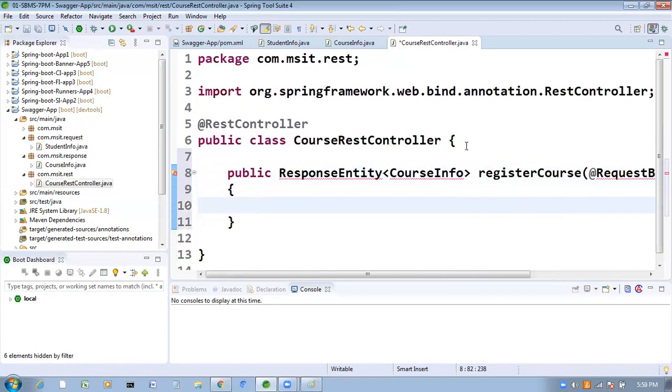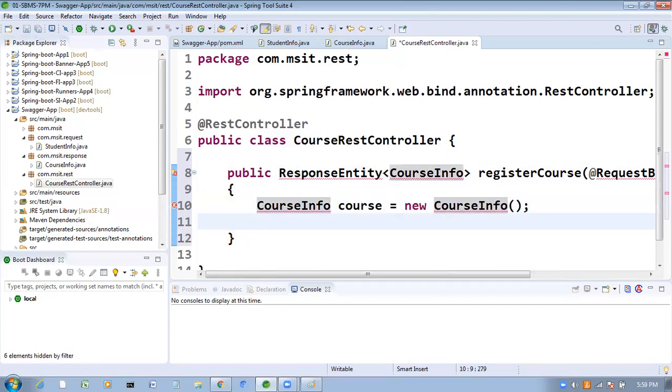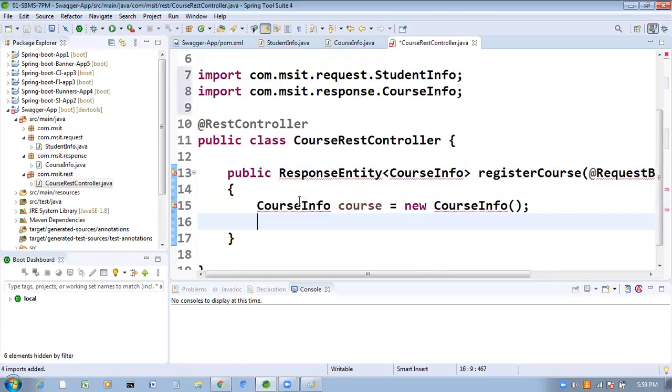So now inside this I am going to create the object for this CourseInfo. First let me create the object: course equal to new CourseInfo. Now set all the values here.